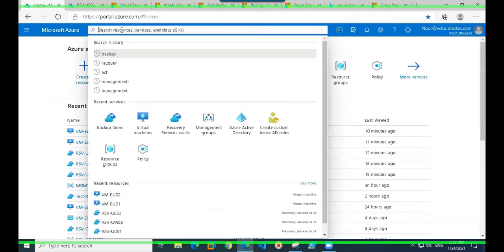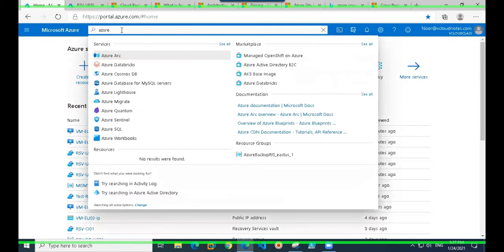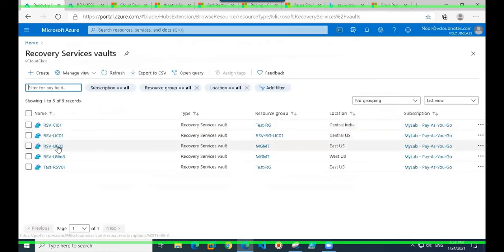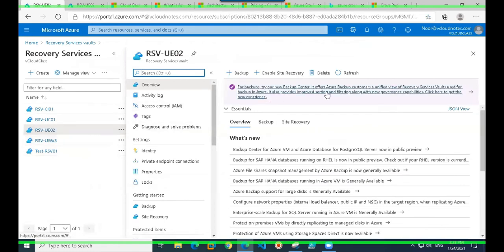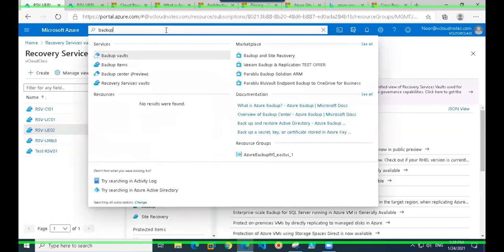Anybody can remind me that service name? I think it's Azure Backup. Okay, I'm not able to recall it, but let me go to Recovery Services Vault. I believe there it would be a pop-up. Okay, Backup Center actually.